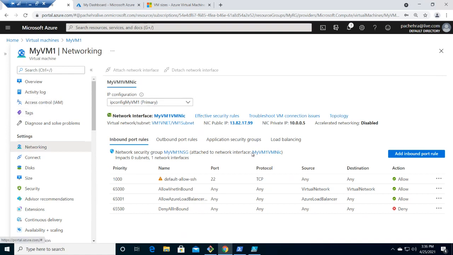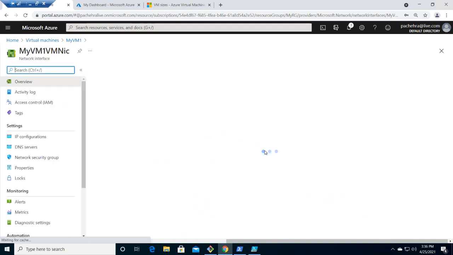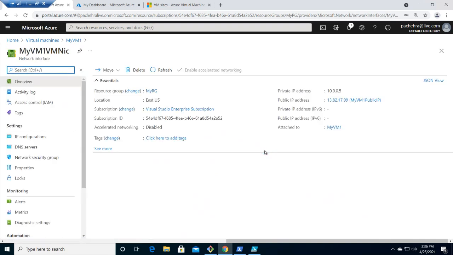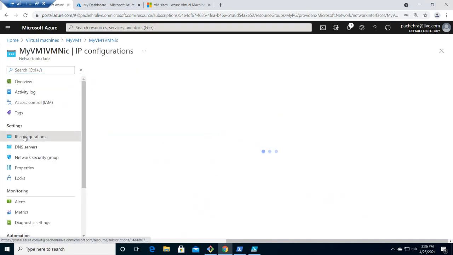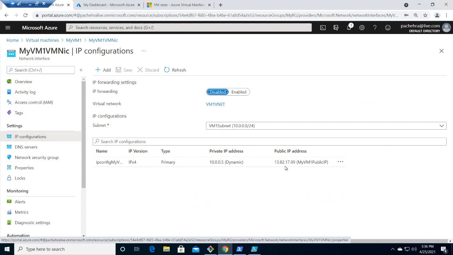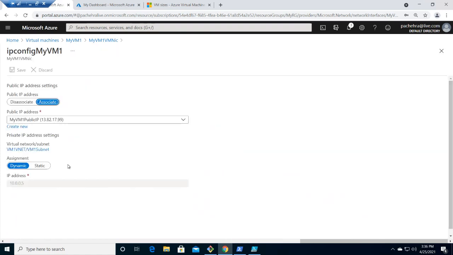Okay, so if you click here on the network interface that he explained very well, there is a virtual machine, there is a virtual network, and a NIC connecting both. So who is holding your IP address? It's the NIC. Let me click on the NIC to show you where the IP address is. If you click on the IP configuration, you'll find right here there is your public IP address, there is a private IP address. If you click here, you can simply make it static.